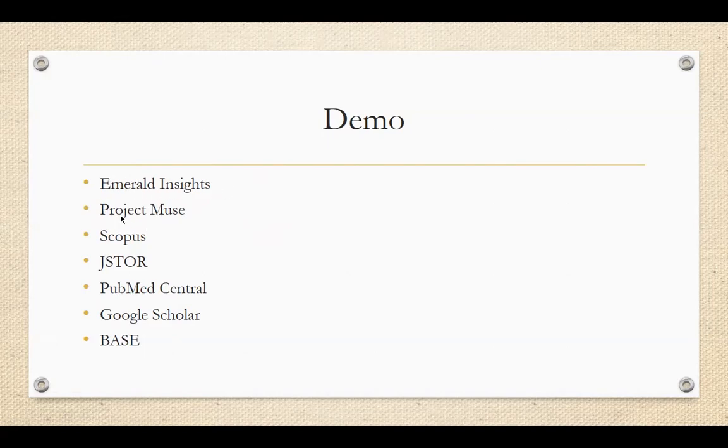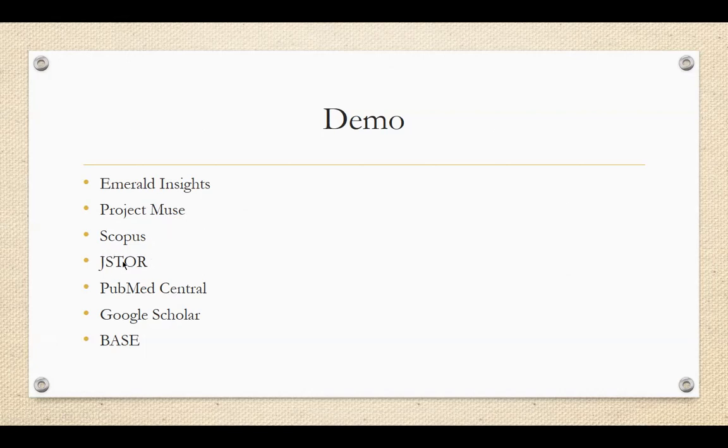And then we'll discuss Project Muse, that is also a kind of database of books, but it is particularly limited to the books or resources belonging to social science and humanities. For example, arts and humanities. So basically Project Muse focuses more on arts and humanities.